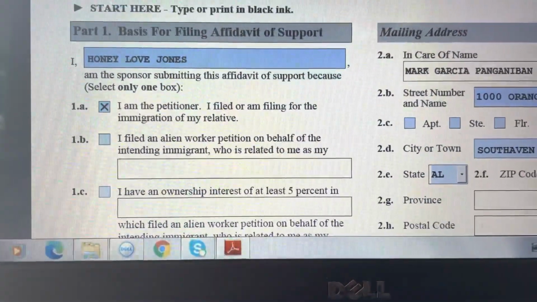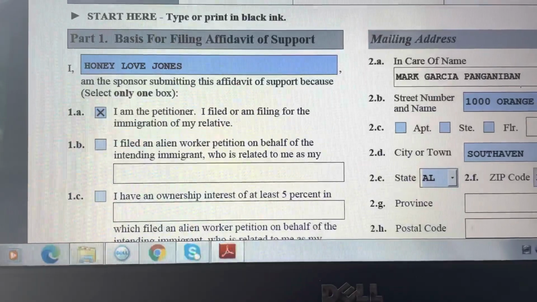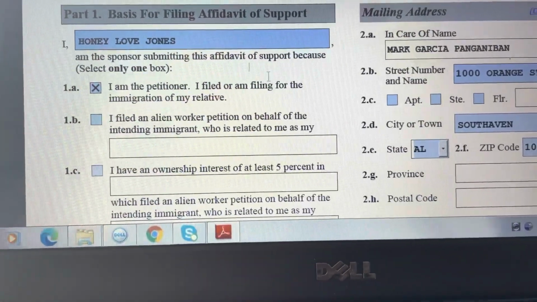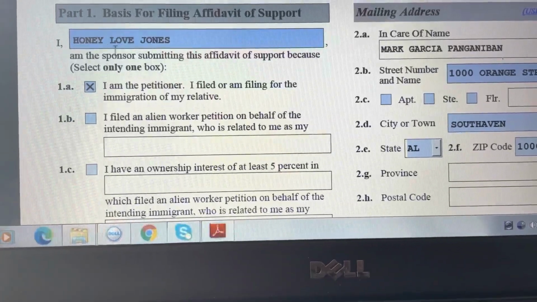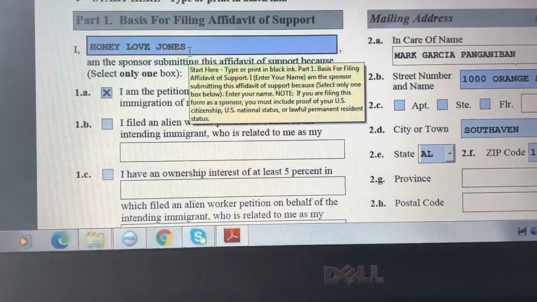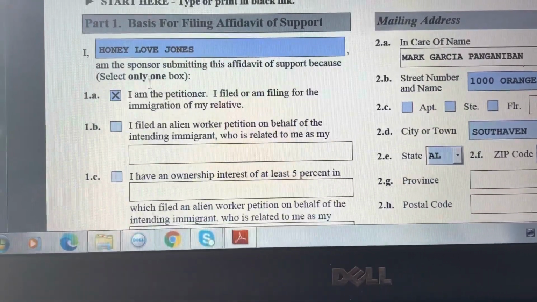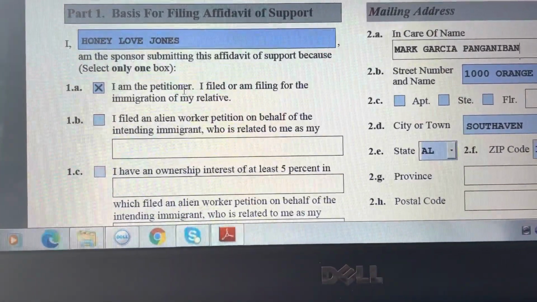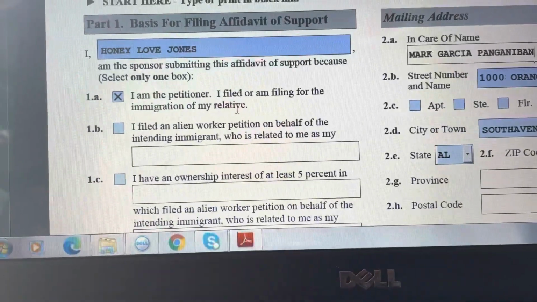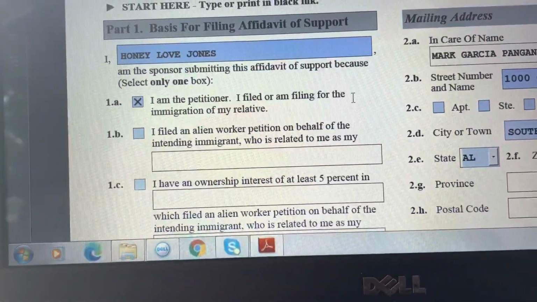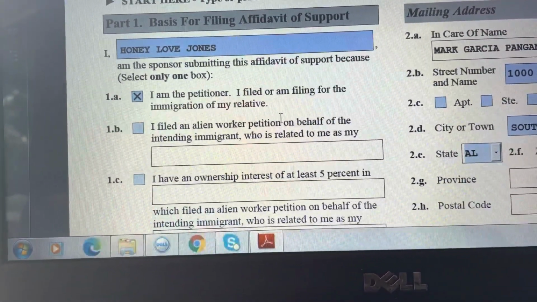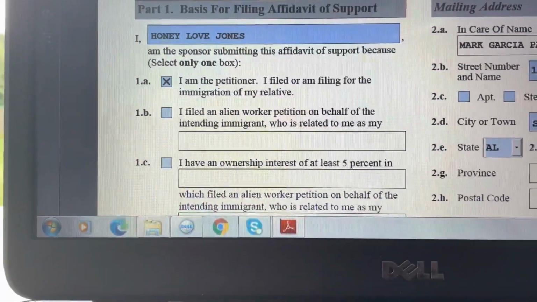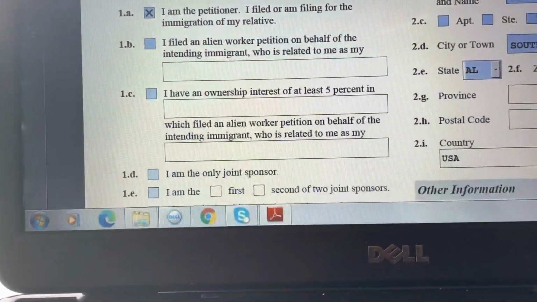Part 1, basis for filing affidavit of support. You have to put your full name, your first name, middle name, and family name. I am the sponsor submitting this affidavit of support because, select only one box, I am the petitioner filing for the immigration of my relative. Here at the bottom you have to